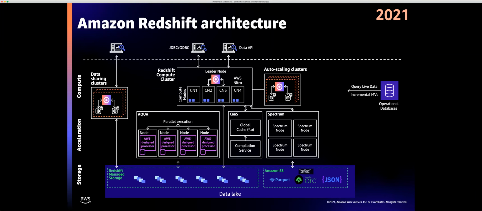Data sharing has been immensely popular with our customers. We started with sharing across clusters within the same account. This evolved to sharing across accounts. And just a few months ago, we released sharing across regions. So you can be in two different AWS regions, and your Redshift cluster in region 1 can query data in a transactionally consistent manner from region 2. That's another thing our customers are quite excited about.